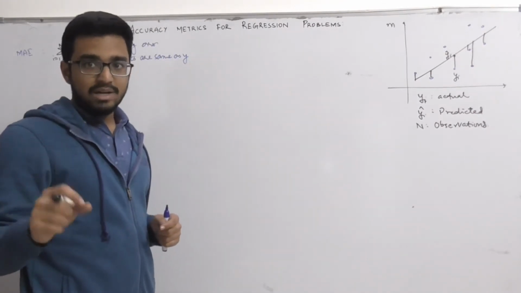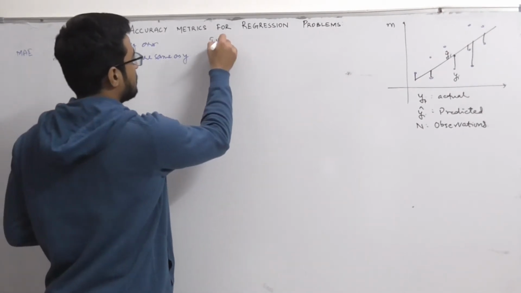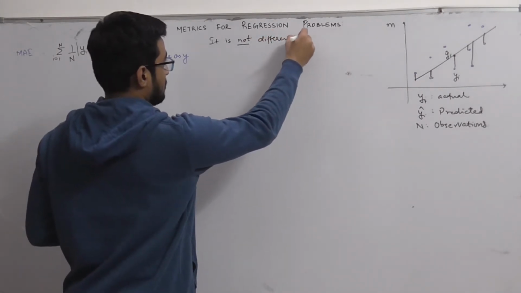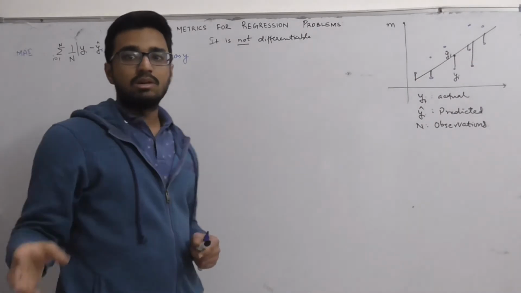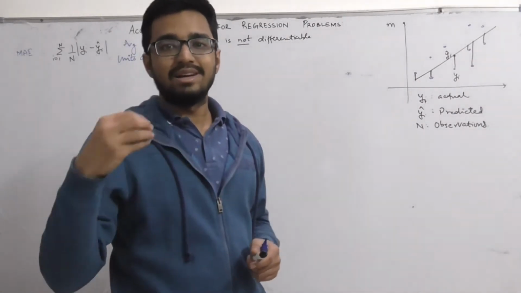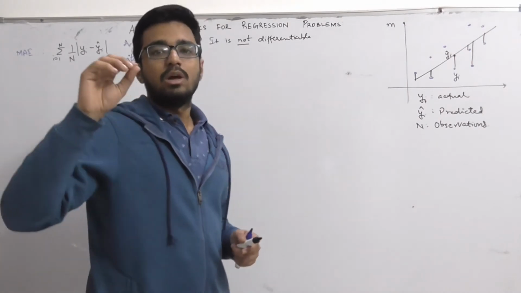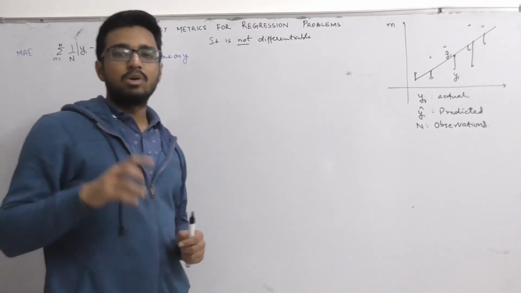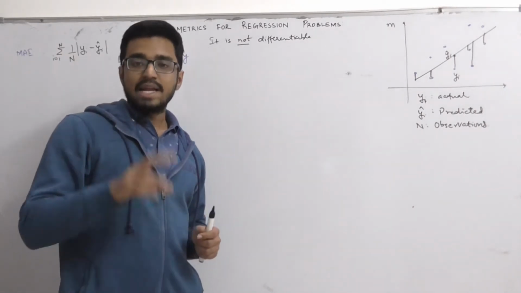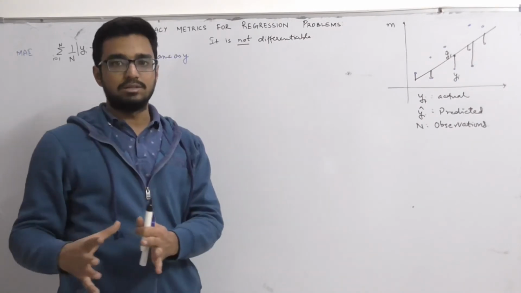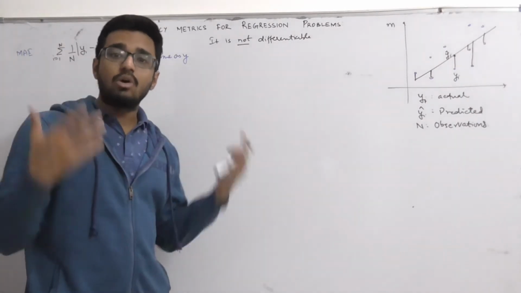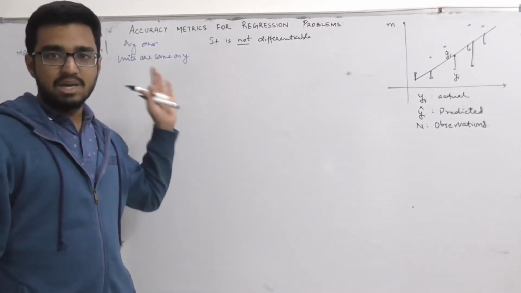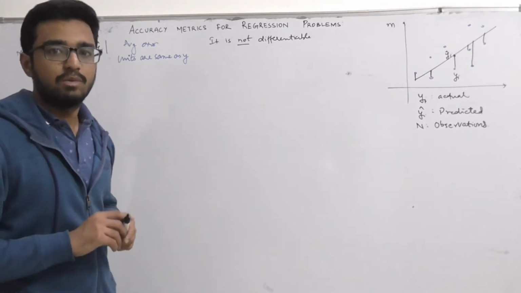But the greatest disadvantage for this metric is that it is not differentiable. When you are dealing with complex algorithms such as deep learning algorithms or higher forms of linear regression, you will always want to select those cost functions, those metrics that are differentiable, because we are implementing gradient descent on that, and gradient descent involves computation of gradients. So if it is not differentiable, we cannot compute any gradients. Okay, so this was the major drawback of MAE, mean absolute error.